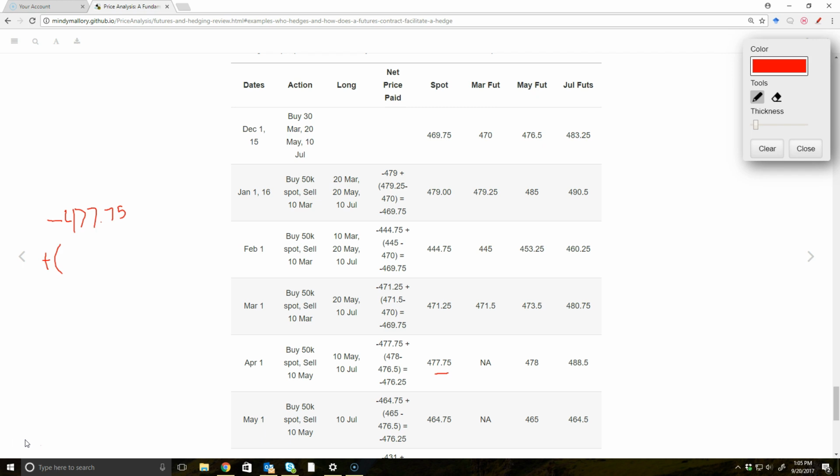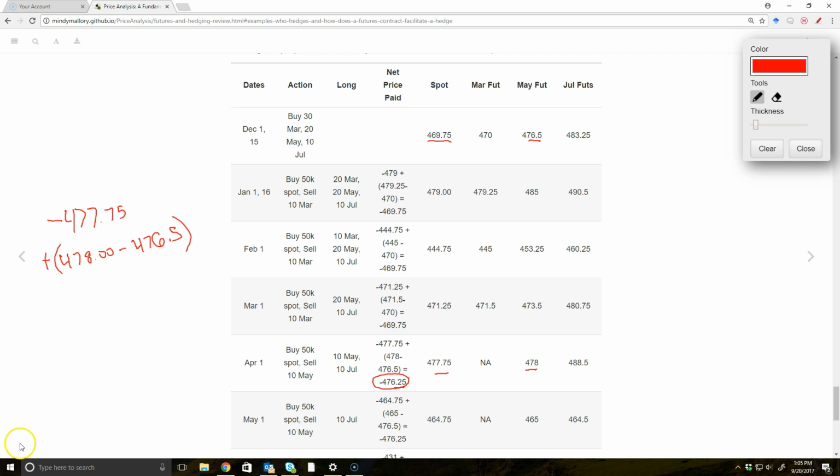We are selling one of the May contracts, so I should be having my sell price be $478.00 minus, and this was purchased back on December 1st for that price, $476.5. Now if you do that calculation, you get $476.25, which is not